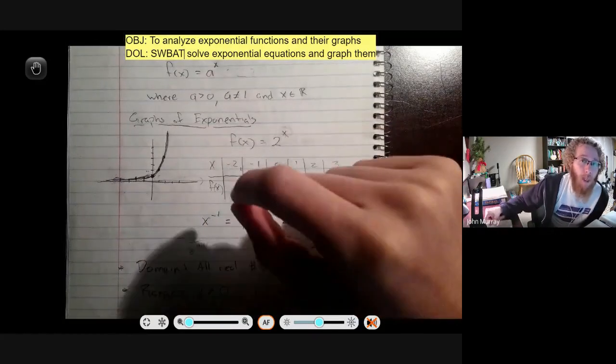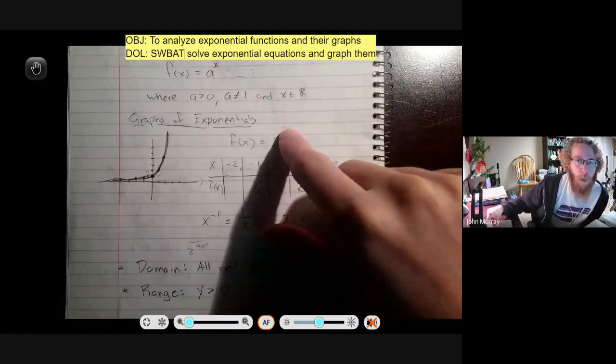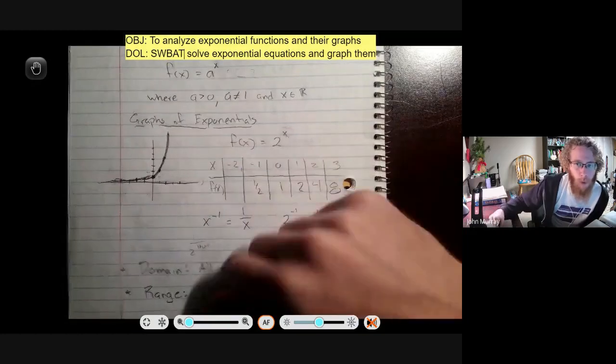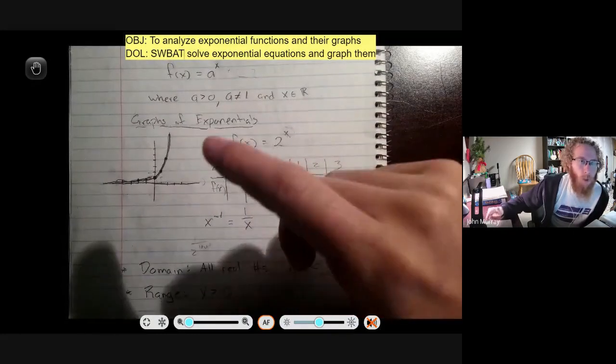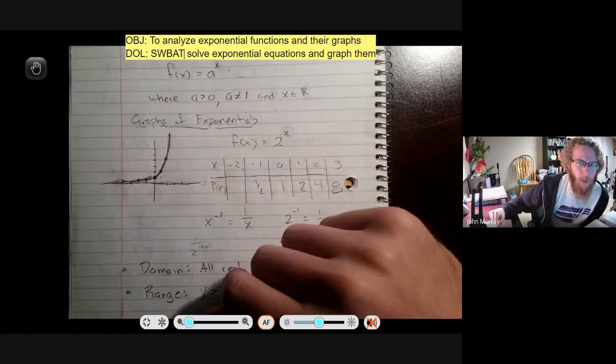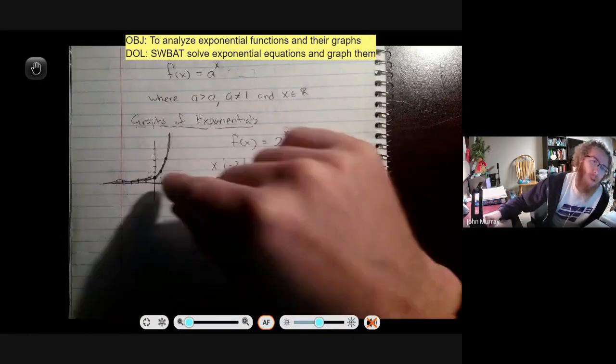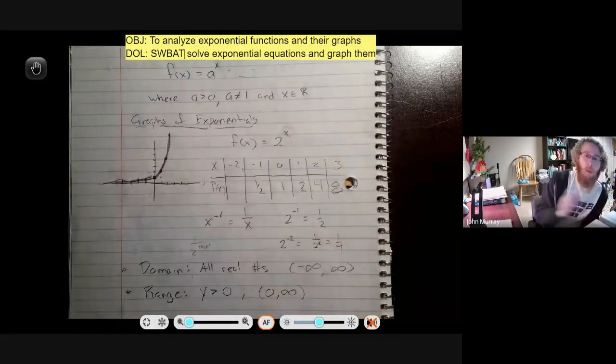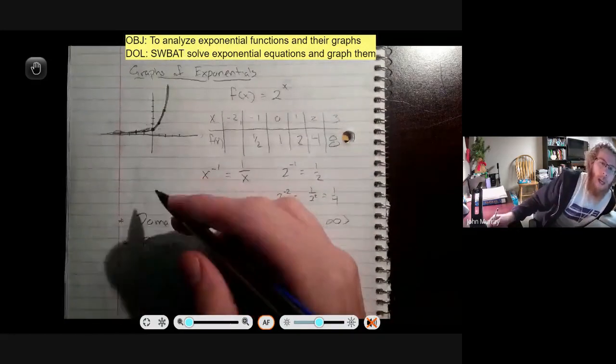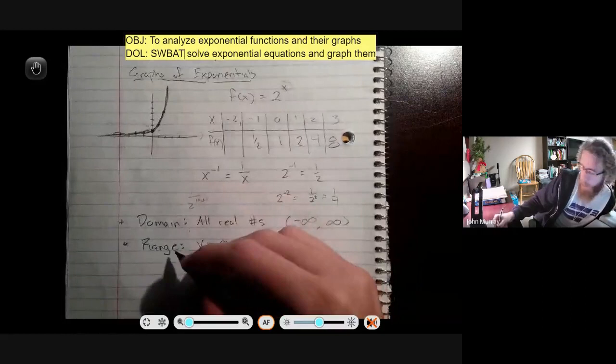You can get very, very tiny fractions. If I did 2 to the negative 10th, that would be 1 over whatever 2 to the 10th is, 1 over 1,000, something. So we get closer and closer and closer. Another thing that I'm going to add on to our range